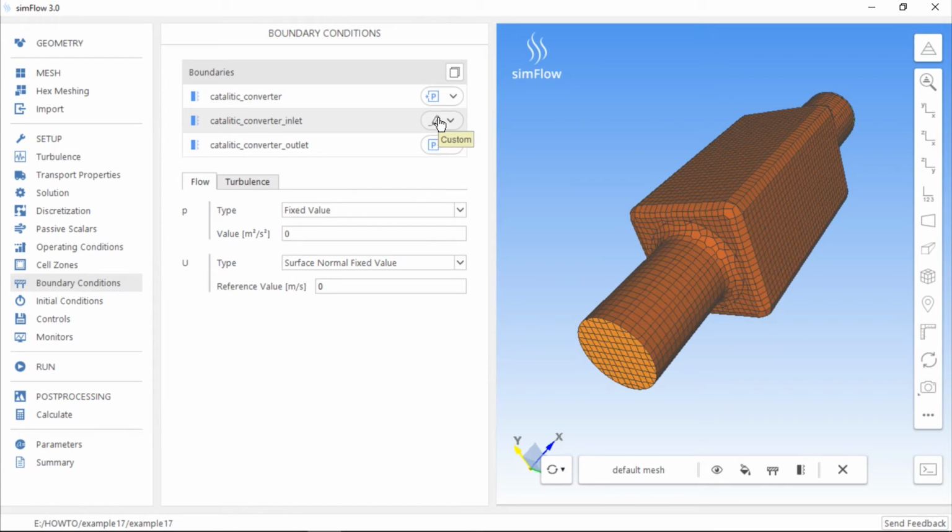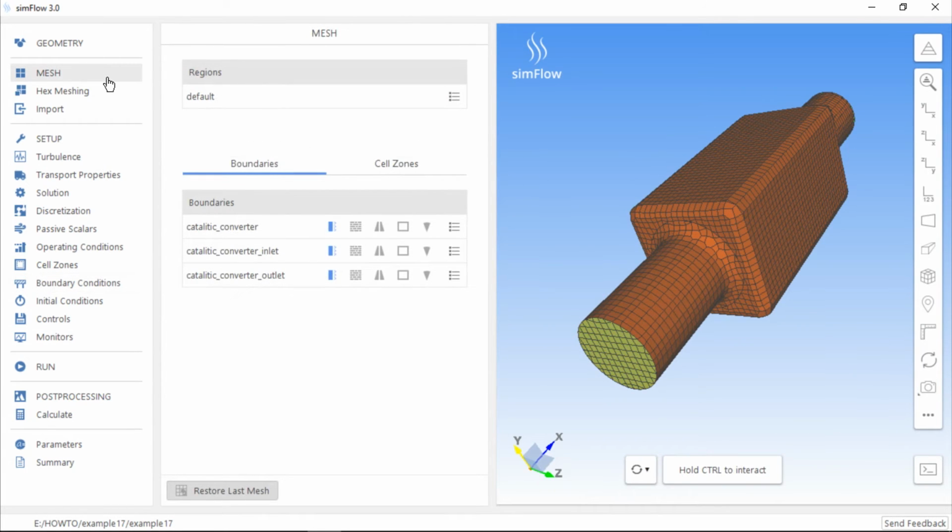It's important to note that right now we can choose only a boundary condition character for the patch boundary type, and we cannot, for example, assign boundary conditions that are appropriate for simulating a wall. To be able to do this, we should go to the Mesh panel and change the boundary type. Depending on the boundary type selected in the table, different boundary condition characters will be available in the Boundary Conditions